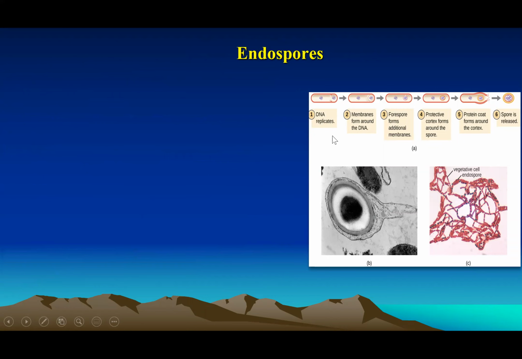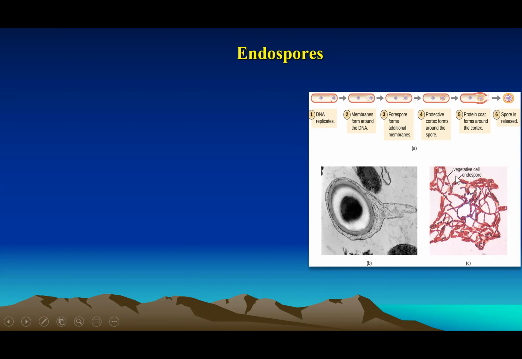Endospores are a very unique structure. The bacterial cells are usually in their vegetative states. But sometimes, in order to overwinter a harsh environment, they will form endospores. Here it says the DNA will replicate, and then it will form something called a forespore. Then the forespore forms an additional membrane, then a cortex will form around it, a protein coat forms